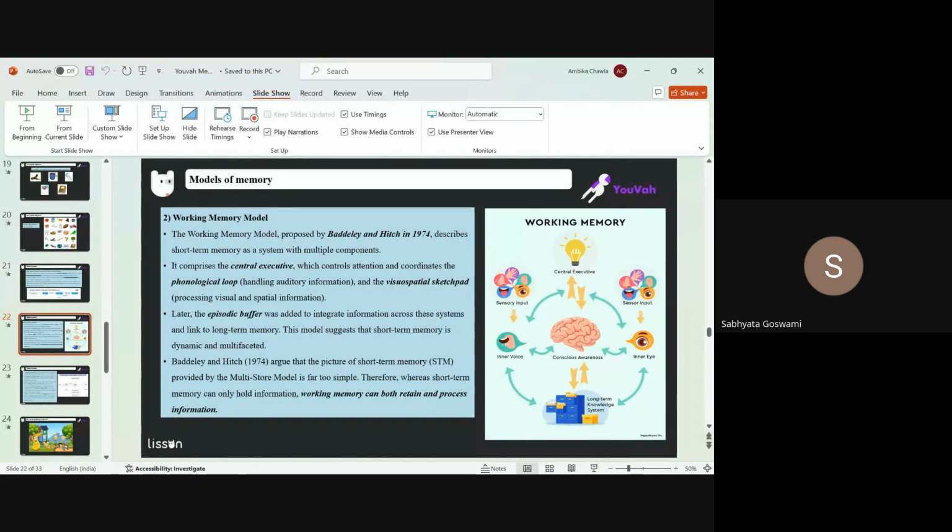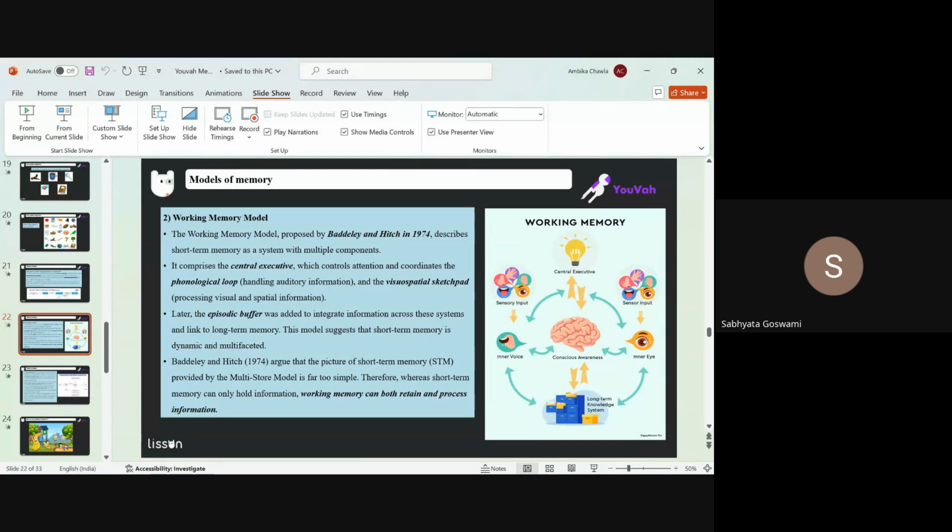So this model arose because the multi-store model was very simple. उस मॉडल में शॉर्ट टर्म मेमोरी को बहुत ही ब्रीफली या फिर बहुत ही सिंप्लीफाई करके समझाया गया था. And since they believed that short-term memory did much more than that, they gave this idea of working memory model,